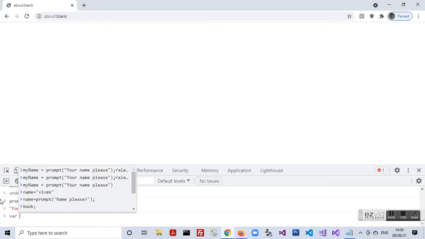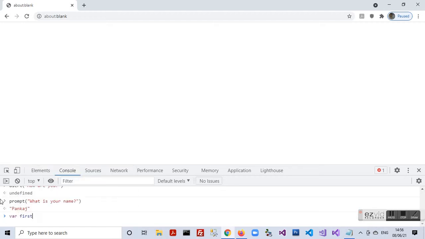Let us declare a variable firstName by typing the statement var firstName and then pressing shift plus enter. We then give the statement firstName equal to prompt, "what is your first name?"